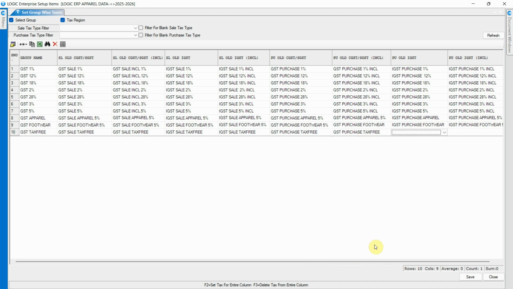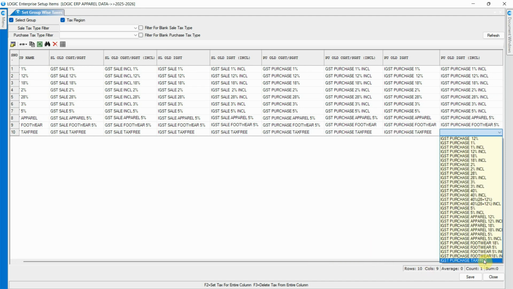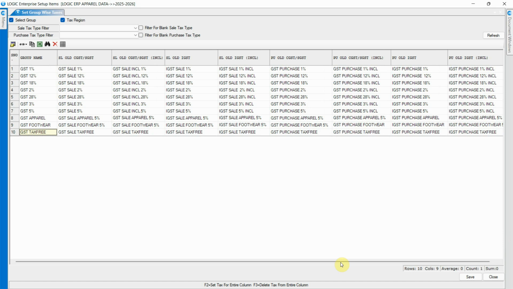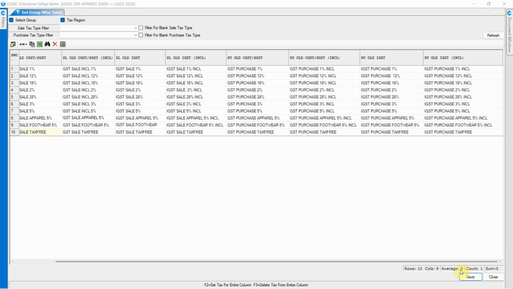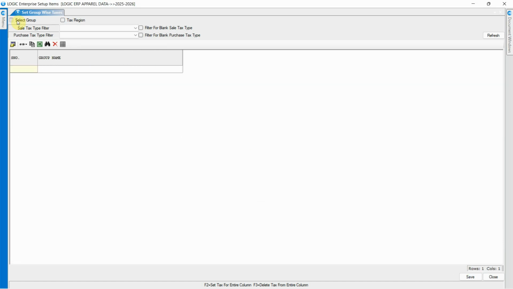The old item group taxes have been successfully linked with the relevant tax types. Now, let's select the current GST taxes group along with the current tax region.